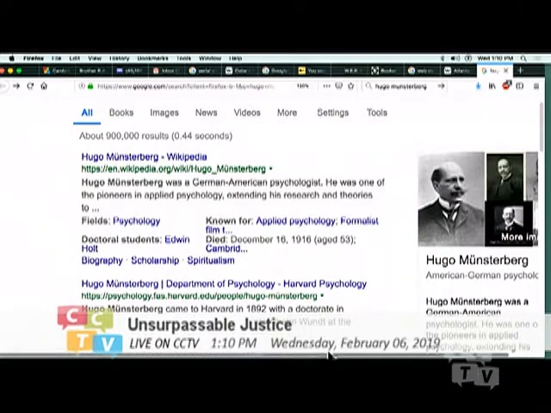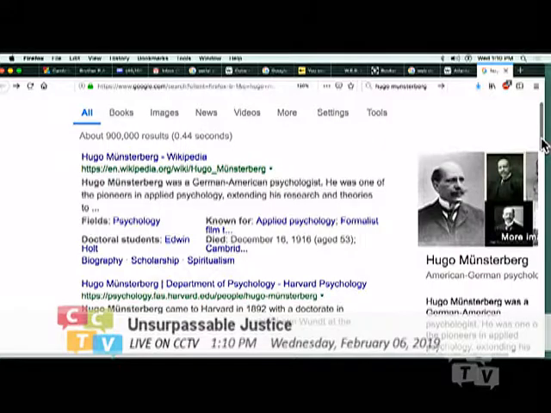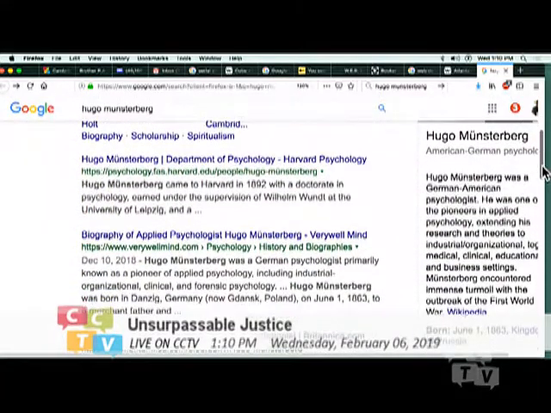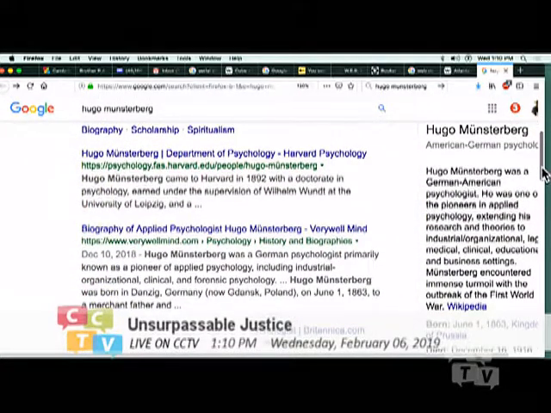And what's it say over here on the side? He was a pioneer in applied psychology, extended his research and theories to industrial organizational,